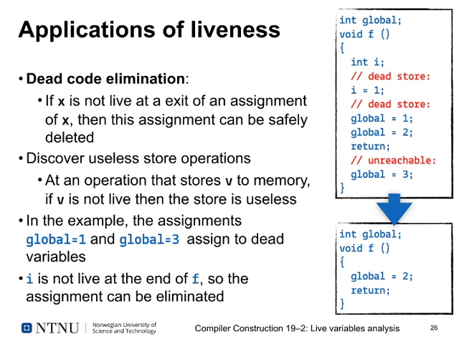At any operation that stores v to memory, if this variable is not live, then we can skip the store. It's useless because we're not going to use the value afterwards. In our example here, we have a number of variables. We have a global variable called global, we have a local variable called I, and of course you see we're assigning 1 to global, and in the very next step we're assigning 2 to global. We're not using the intermediate value of 1 we assign to global at all, so our assignment global equals 1 is just